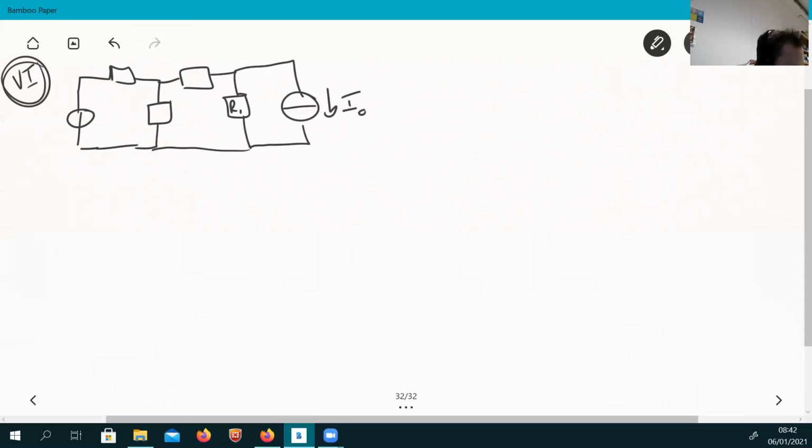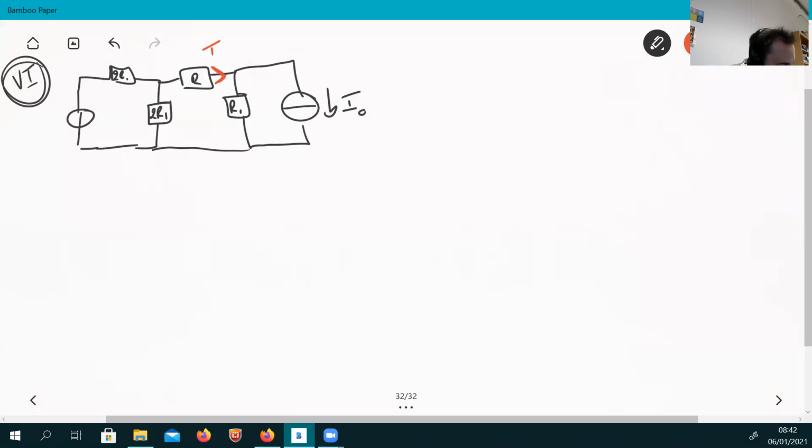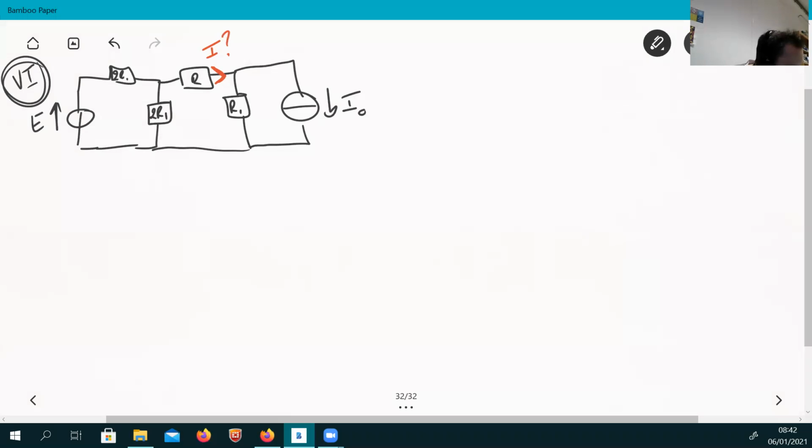R1, 2R1, R, and we are still looking for this current here. So now you're going to practice Thevenin and Norton theorem. So you're going to pick A and B here. Start with Thevenin